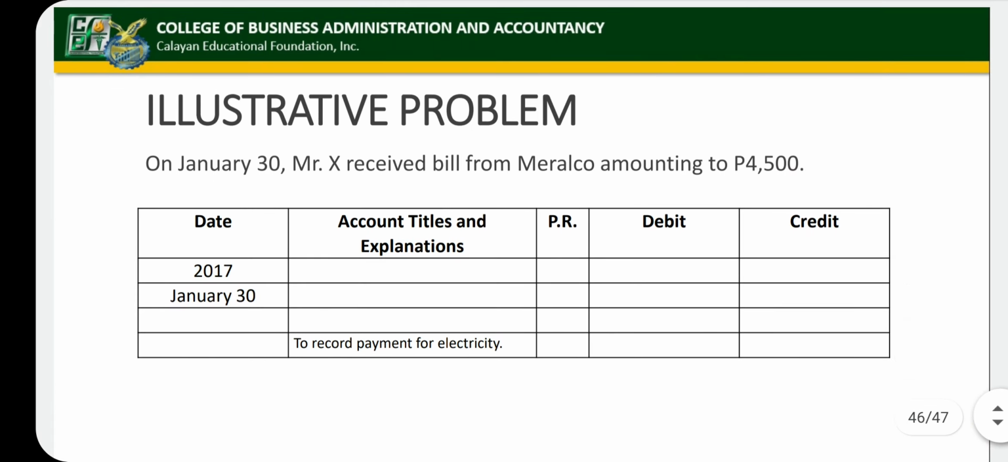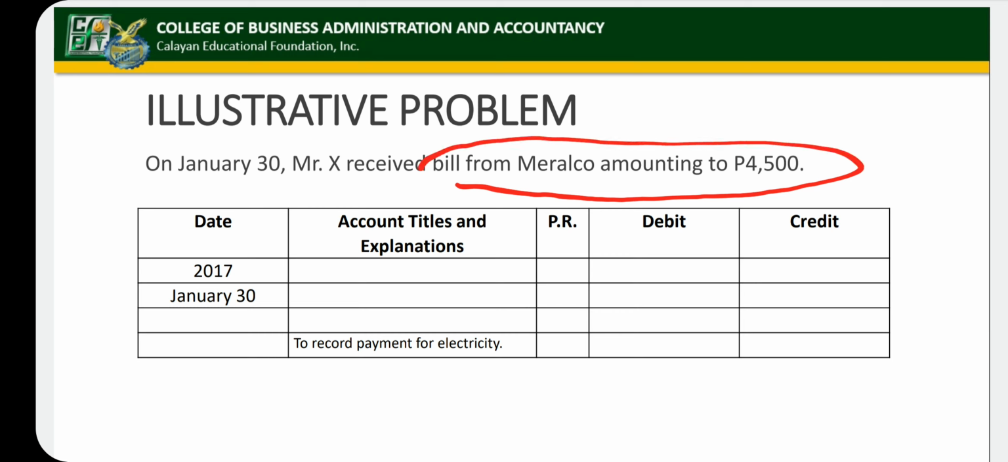Next transaction, or the last transaction for this presentation, on January 30, Mr. X received bill from Meralco amounting to 4,500. So again, utilities expense na po yan kasi we have already used the service provided by Meralco. We have already consumed the electricity, right, for this month. So we need to record utilities expense and credit